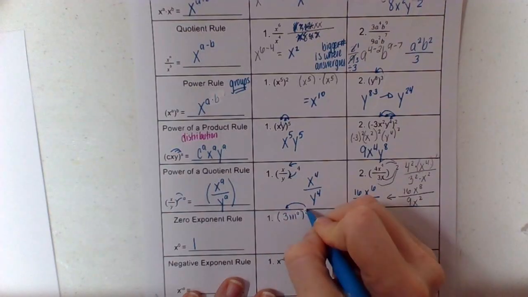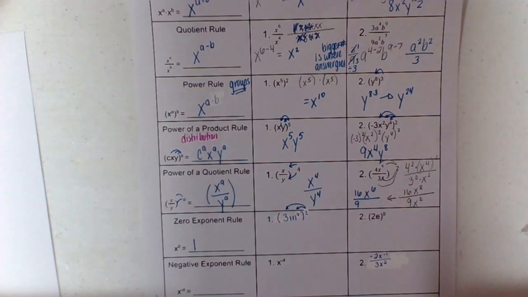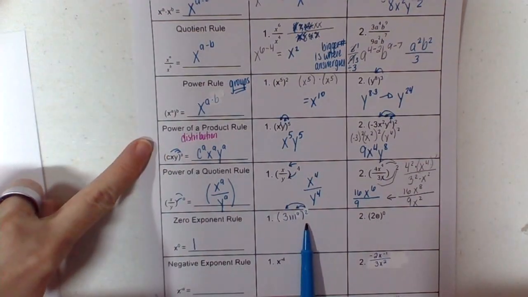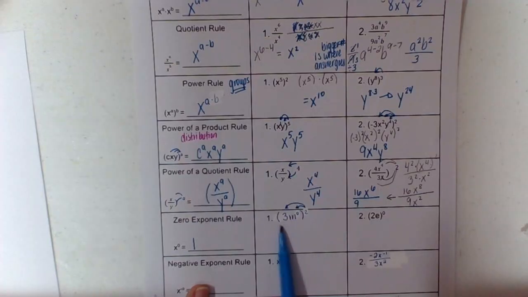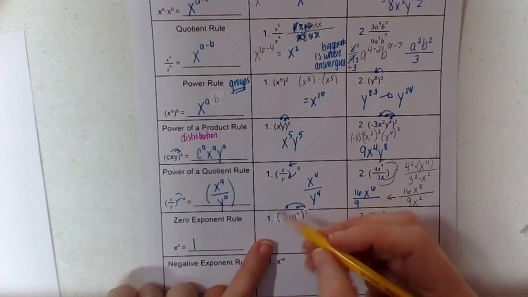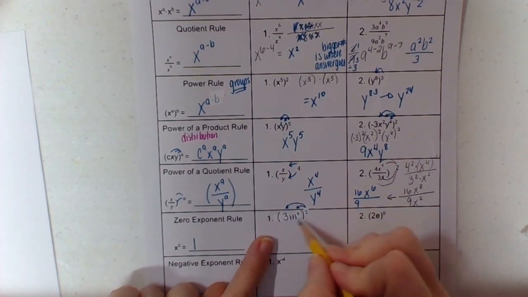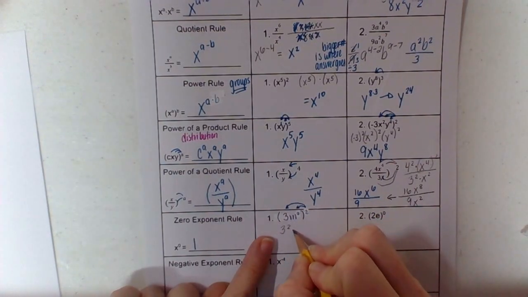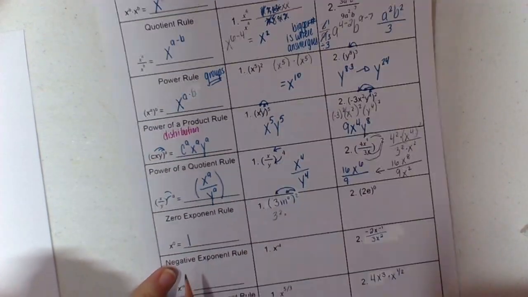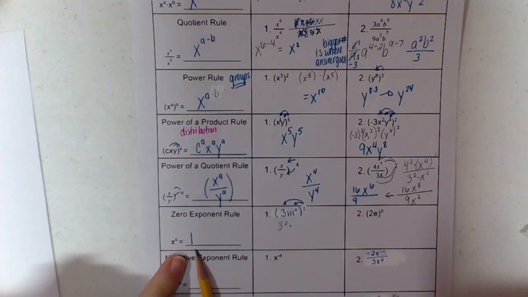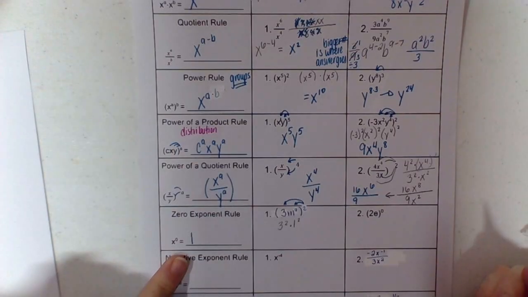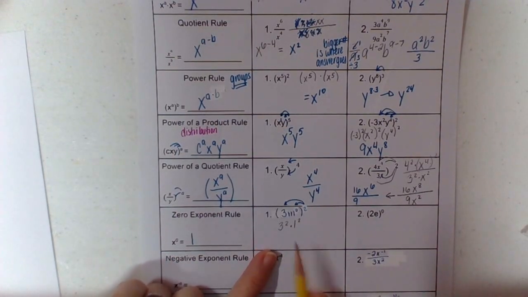I wanted to give you two different kinds. We're going to distribute using the power of a product rule and put this 2 onto everything we have in our parentheses. So we're going to have 3 squared. M to the 0, anything to the 0 power is 1. So that's just going to give me 1 squared. So 3 squared times 1 squared